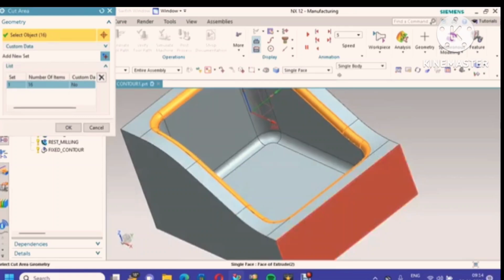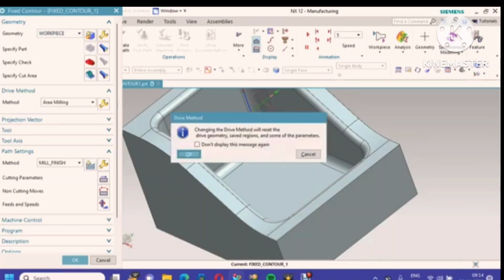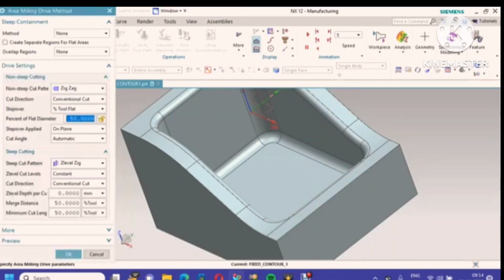Carefully select the surface. This surface is to be machined by using contour machining. Again go to area milling, go to zigzag, conventional, make it scale up. Here we can go for